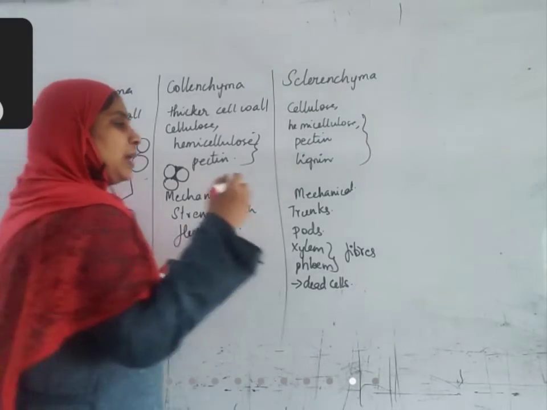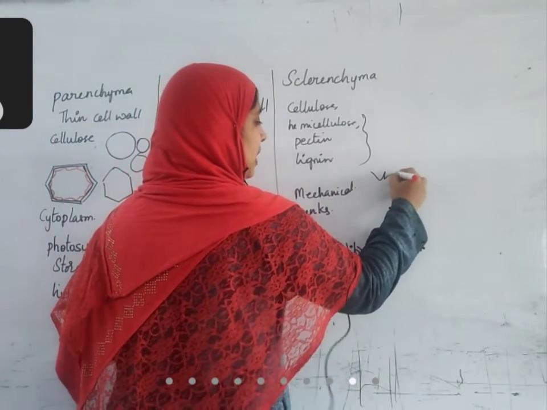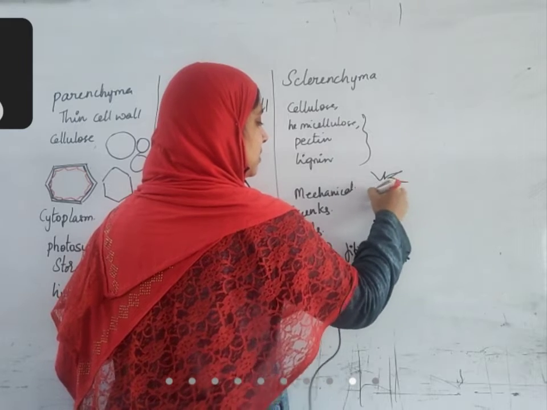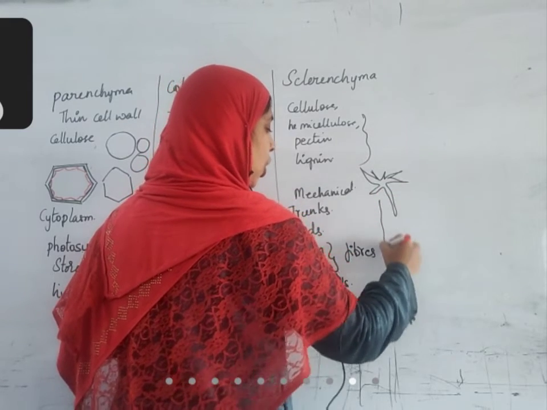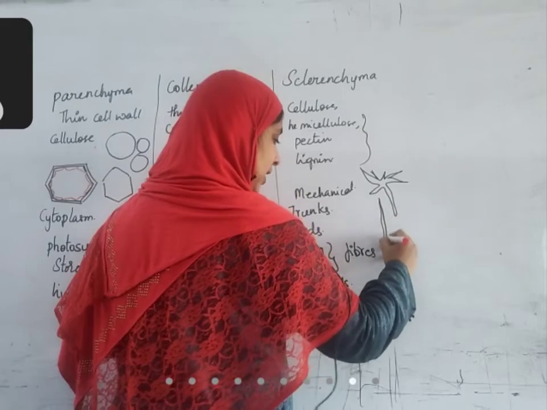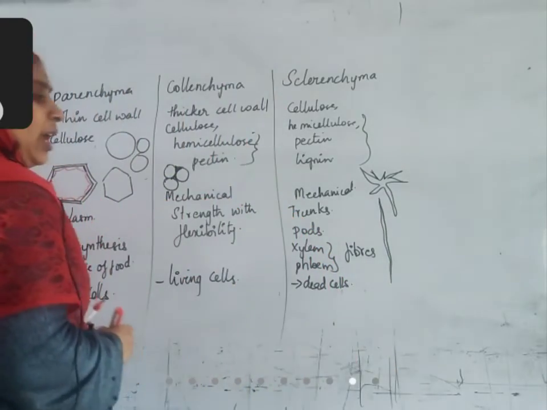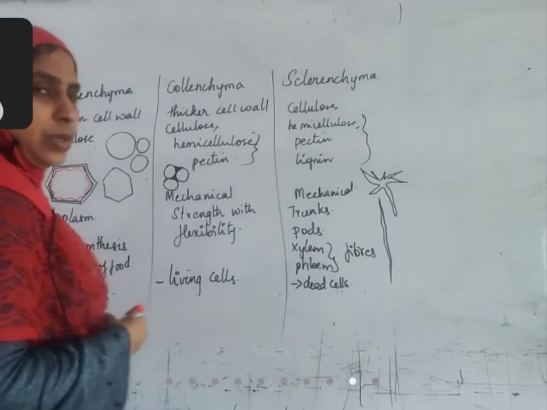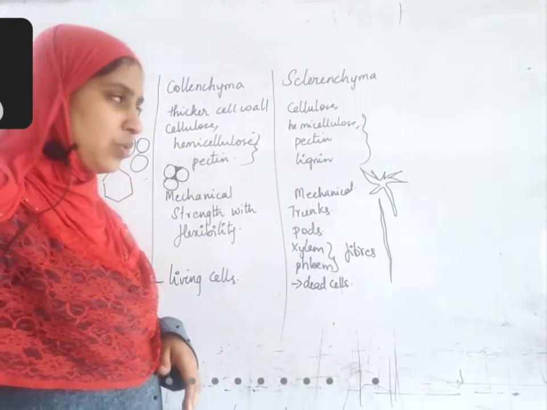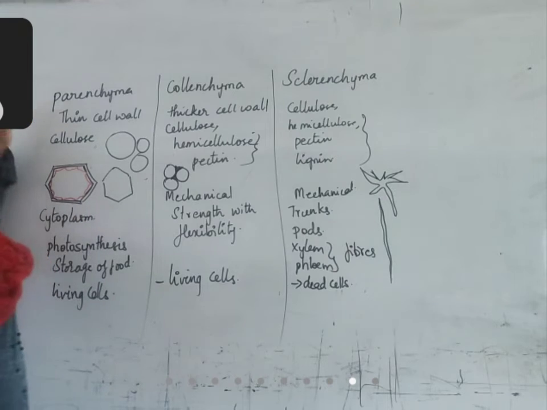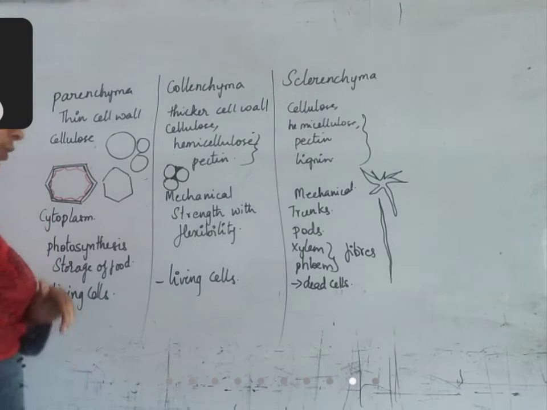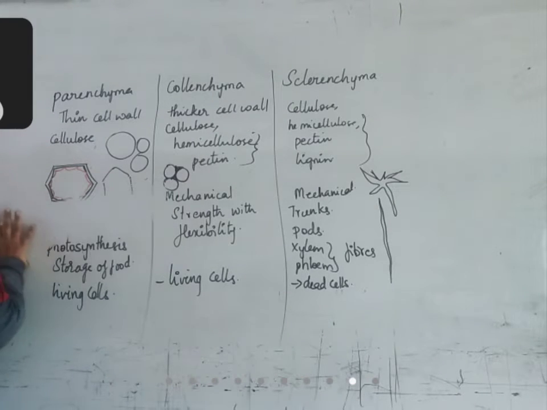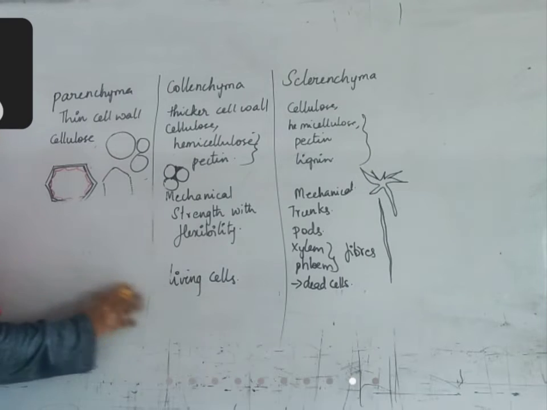Sclerenchyma are fiber-like structures. Either the fibers are irregular in shape, or they are long with tapering, pointed ends. Both types of fibers are included in sclerenchyma only. Still there is classification between types. There are types of parenchyma and types of collenchyma, but we are not going to discuss that. That much depth is not required for you. Okay, next.